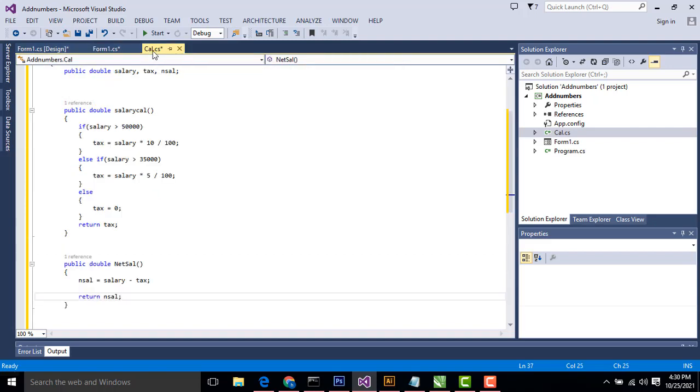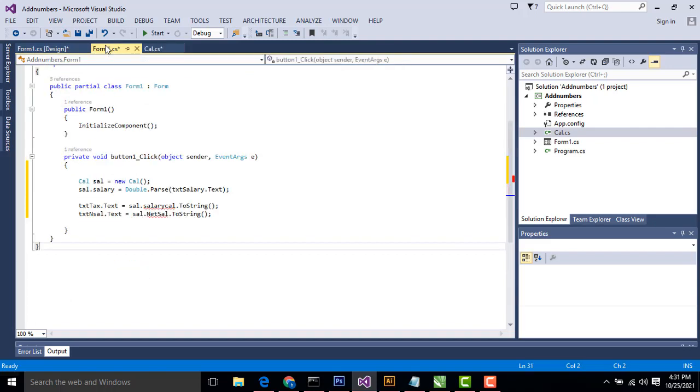Now let's go here, we are calling the particular function over here. What's wrong? Okay, the problem is this: this is the function, and when you call it over here, it needs brackets, then only it will be accepted.